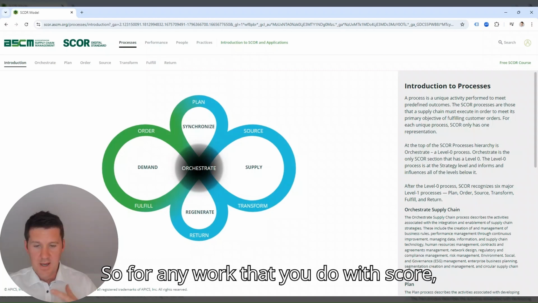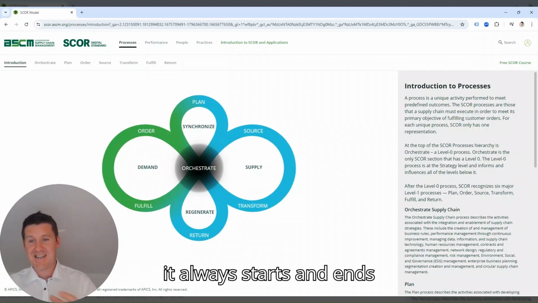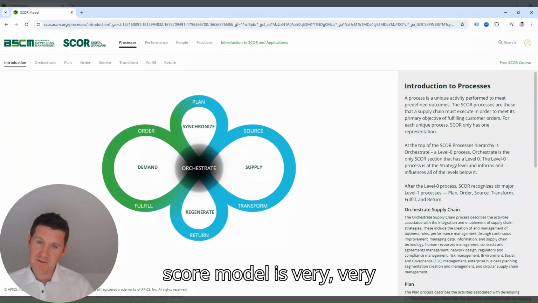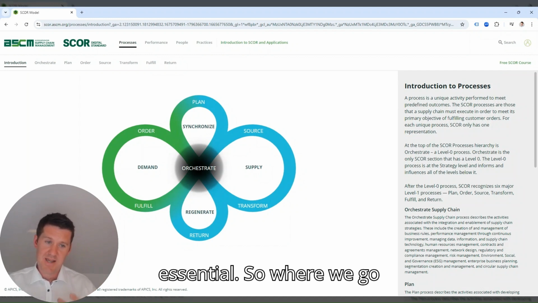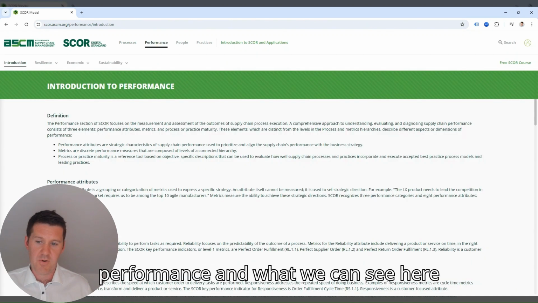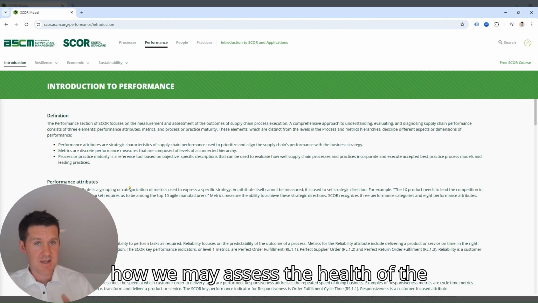So for any work that you do with SCOR, it always starts and ends with performance, with the metrics. The SCOR model is very, very prescriptive that metrics are essential. So where we go to look at them first is we click on performance. And what we can see here then are a number of attributes around how we may assess the health of